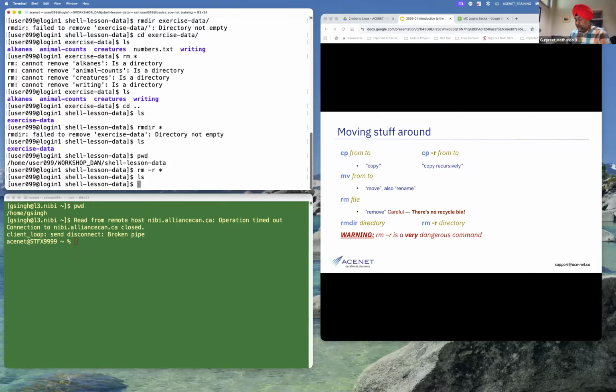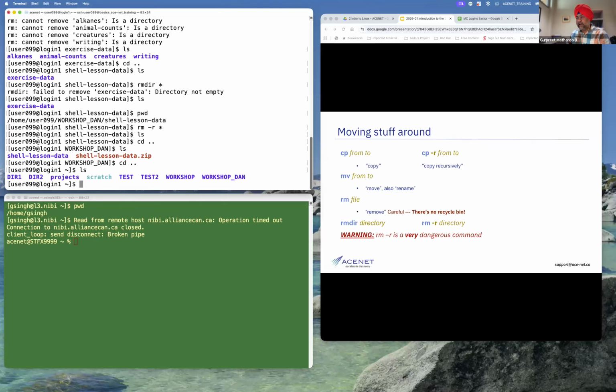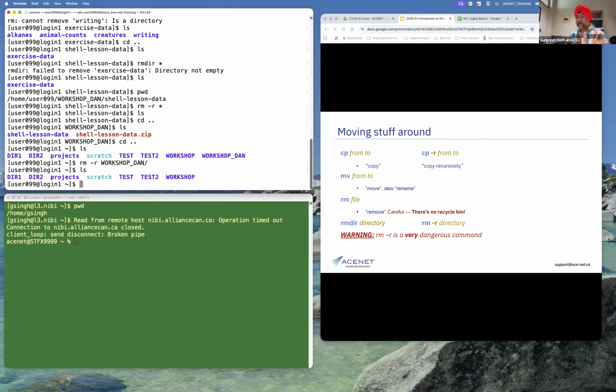Okay, so let me go back one step because Daniel had created this directory accidentally. So if I want to remove this, rm minus r, I'm not going to add star here, but rm minus r workshop underscore Dan, right? I will be extremely cautious over here, but I have to show this. So that's why I'm doing it. rm minus r workshop underscore Dan and I press enter. So I see that workshop underscore Dan and all its contents are gone. They're not even history. Well, they're gone basically, right?